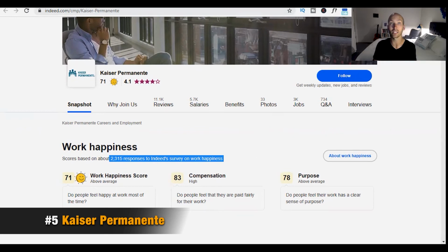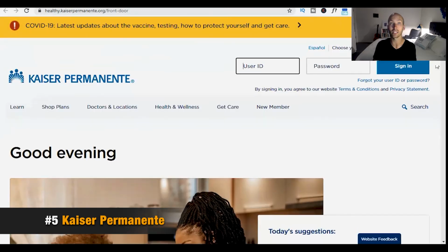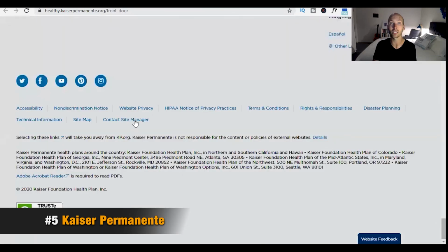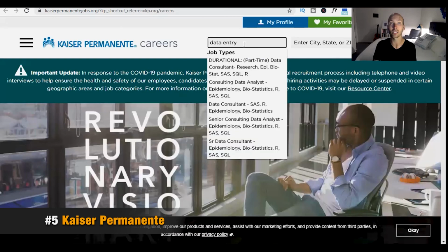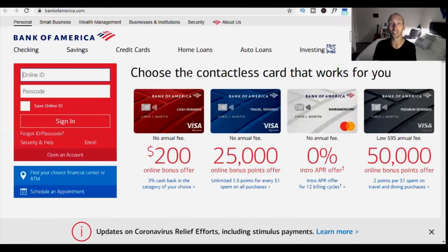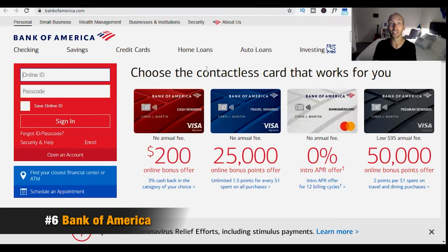You can scroll to the bottom of their homepage. This is their homepage. You scroll right to the bottom, and as you can see over here, they've got a careers button. If you hit that, then enter data entry, you can search their jobs. As you can see, they've got a couple of things that have come up in the auto suggest, but we won't get bogged down because we're moving on to number 6, which is the last one for this video,